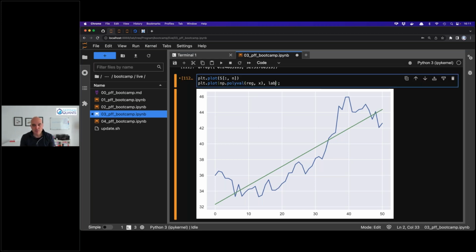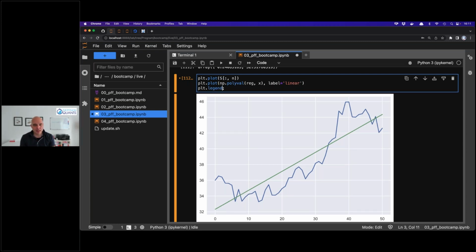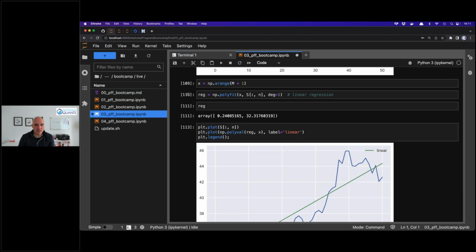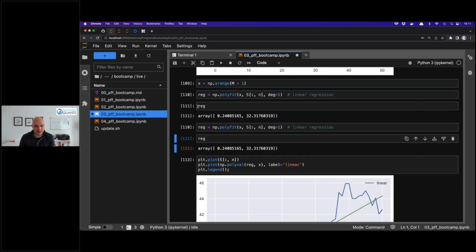So label linear regression, plt.legend. So linear is green. Let me add now. I do here reg 1, here reg 2,